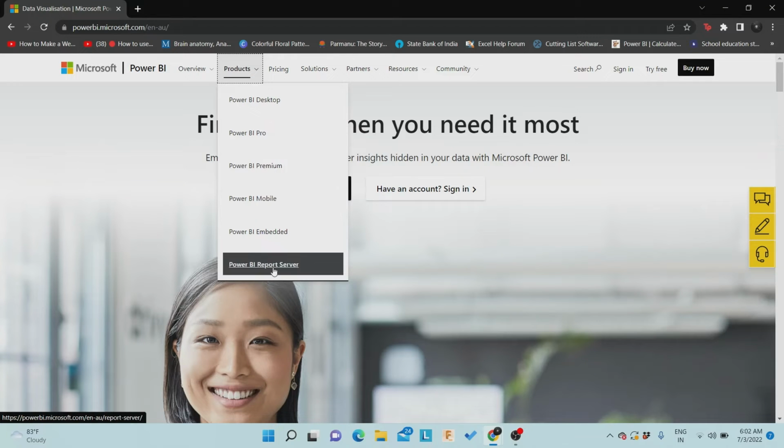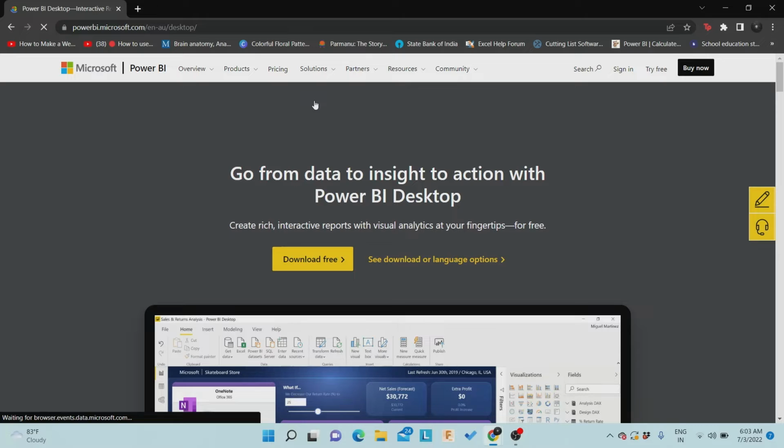You will see a variety of these versions. If you have work account you can download any of it, but for our convenience and for initial use, if you don't have your work account, then simply download Power BI desktop. So clicking on desktop, clicking on download free,